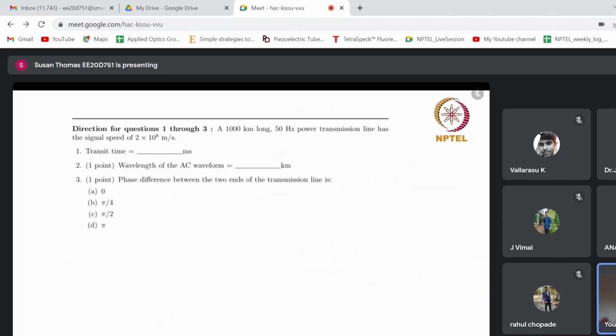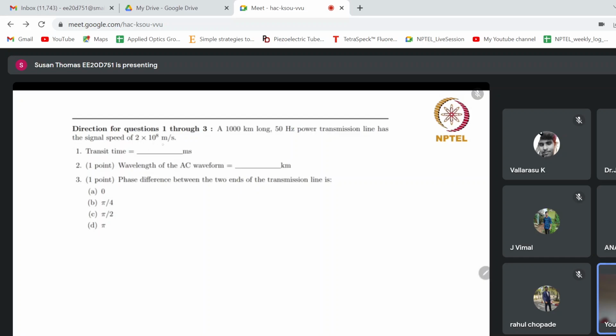So let us try to solve some sample problems. I have a few questions with me which are displayed. You can all try to solve the question, and we can definitely use the chat window to discuss the answers. So the first question is: a 1,000 kilometer long 50 hertz power transmission line has a signal speed of